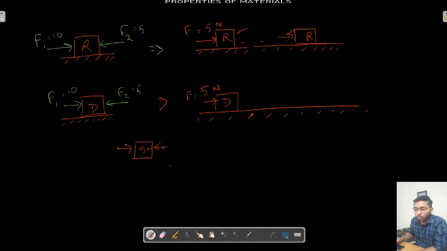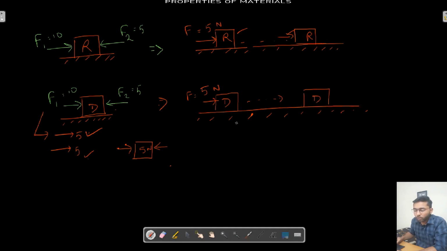Like the force of 5 Newton which acts in the left direction, and here the force of 5 Newton which acts in the right direction. This force can be split into two forces, 5 Newtons and 5 Newtons. Suppose this part is counteracting this part and this part is additional. So this will act as a net force, and the net force, what will it do? It will change the position of the body. It will go from position 1 to position 2.